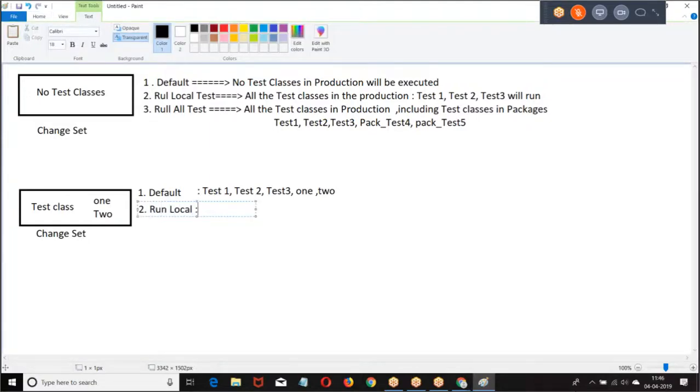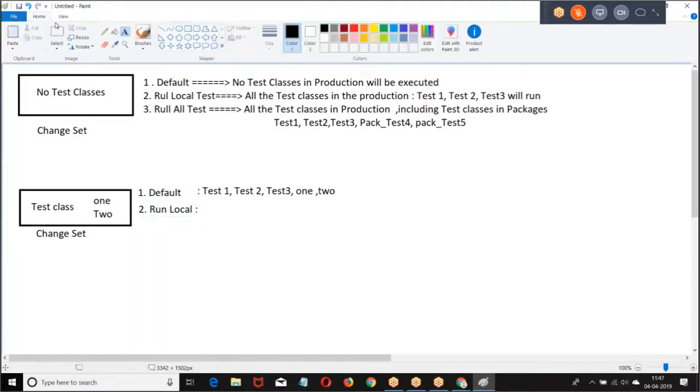So when you say default, if there are no test classes in the change set, none will be executed. When you say run local test, even though there are no test classes in the change set, all local test classes will be executed. When you say run all test classes, even though the change set doesn't contain any test class, all the test classes, including the test classes in managed packages, will be executed. I hope you're good.